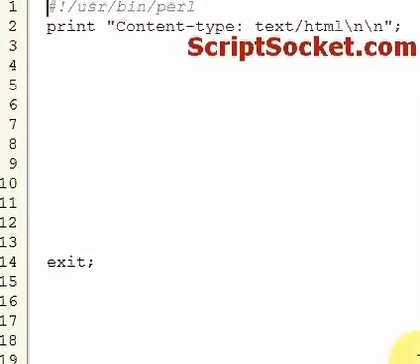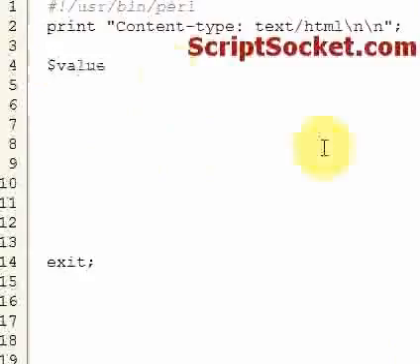Perl tutorial part 25, subroutines. Subroutines are a great way for us to organize and manage our code. It also helps us to quickly change code later without having to change it several times within the script. So I'd just like to show you a very basic little routine here, and then we'll alter it to use